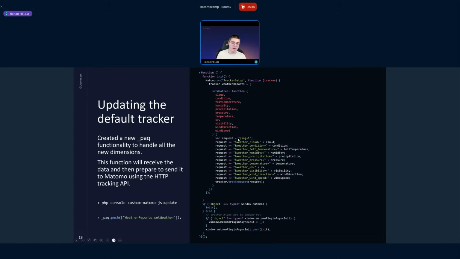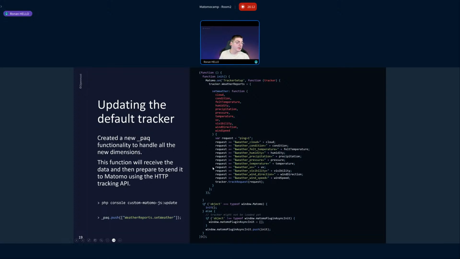One thing we do in that plugin is add a ping equals 1, because if we don't add that line, every time you push a new weather value to the Matomo instance, it will be recognized as a new page view, and we don't want duplicate page views. So we just add ping equal to 1, and the data will go to the page view, be stored in the database, but won't change anything.